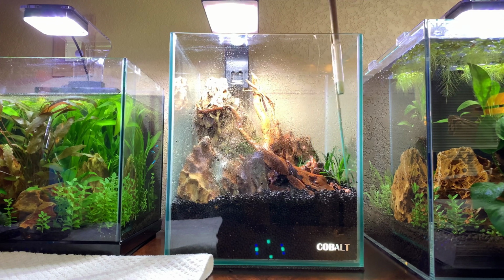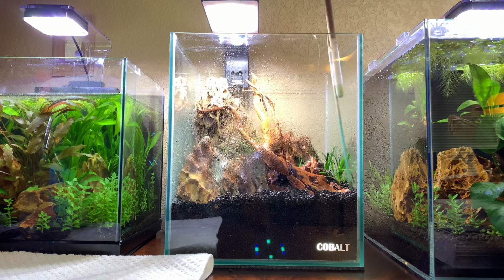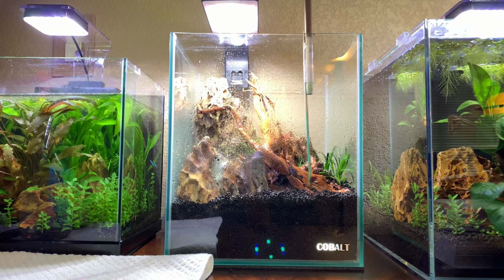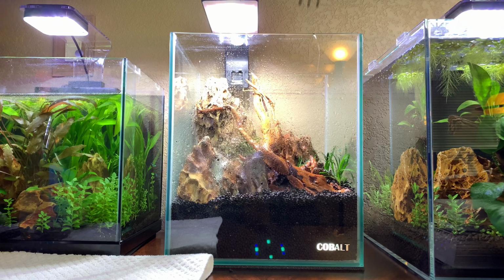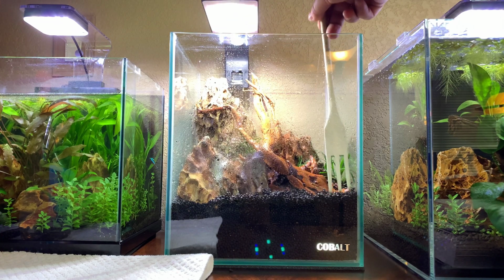And they seem to do well. They're one of the more hardy plants out there, and that's cool with me because the less work, I should say, that a plant is for me, the better. So right now what I'm doing basically is I'm trying to clean this up a little bit